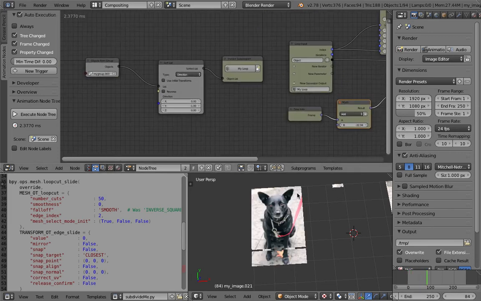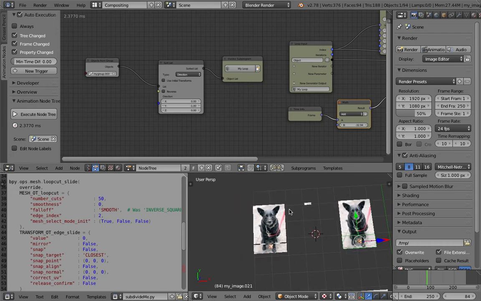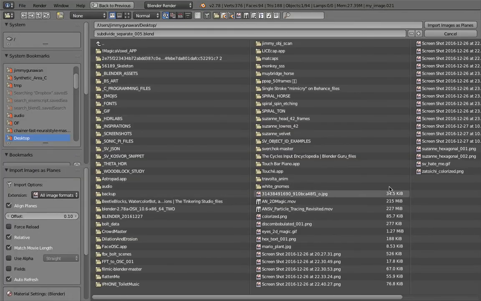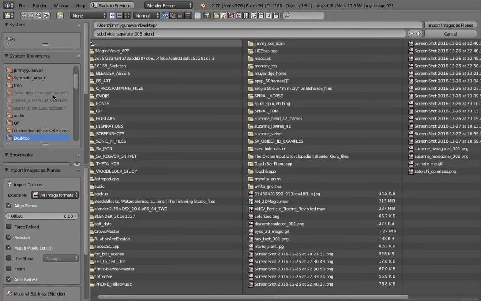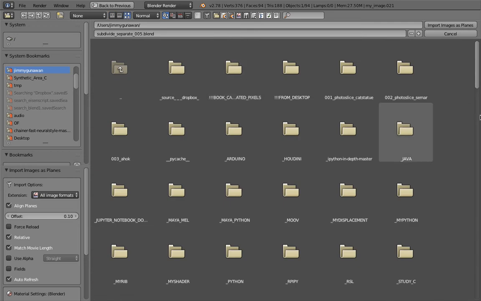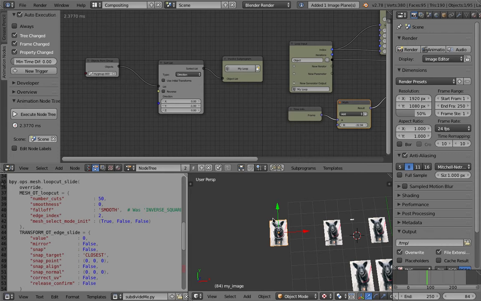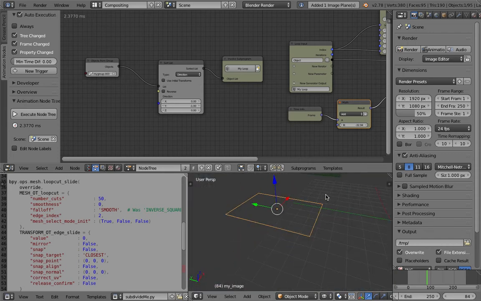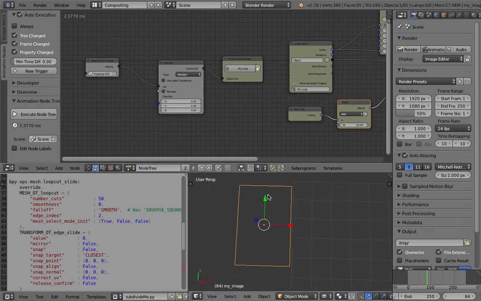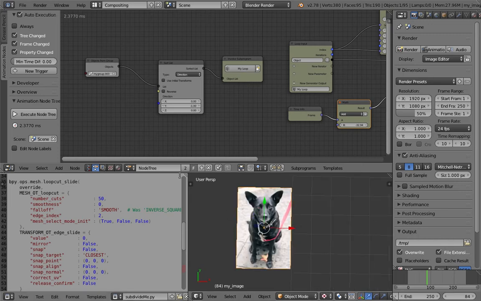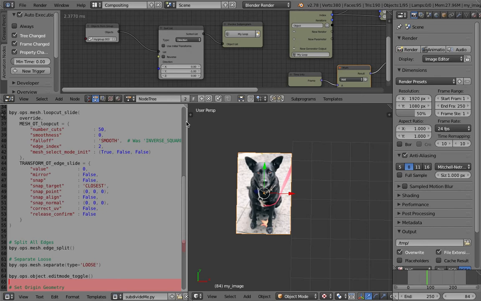Anyway, basically, say I have an image file, import. So I'll give you the demo. Let's get one of the dog images that I have. So we have this, and this is a single image, just made of this quad, a simple plane with 4 edges, and this already has a texture. Okay, and then this script that I made,